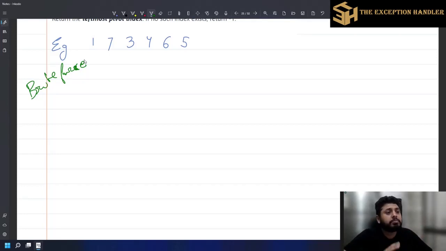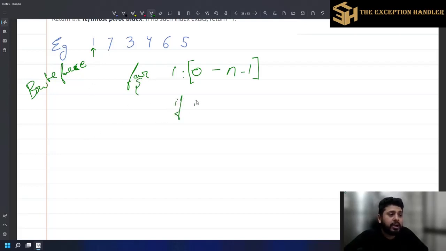Now the first approach that always comes to my mind is to start with a particular index. Let's say I start with index 1 and I calculate the sum to the left side and then the sum to the right side of this particular index. So I start with I ranging from 0 to n minus 1, both of these inclusive. Okay. So if I is equal to 0, then I don't have to find the left sum, only the right sum. So if I is not equal to 0, then I'll find